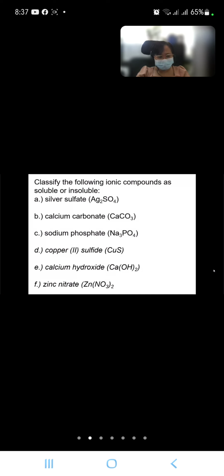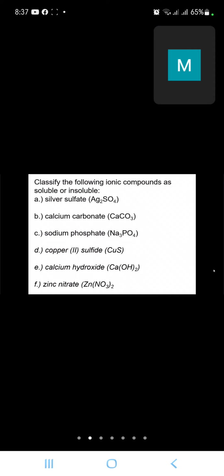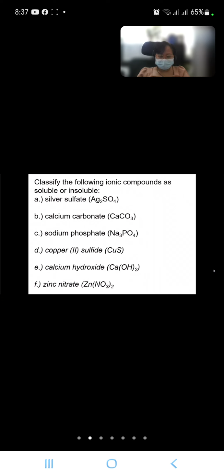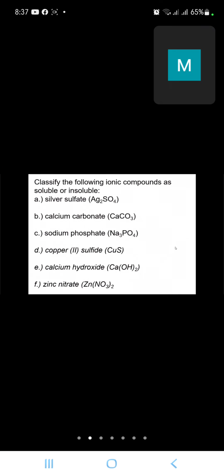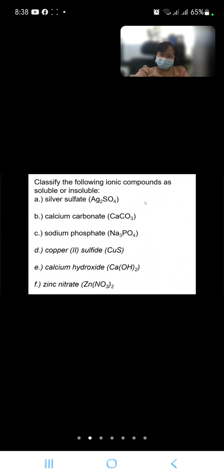Okay, insoluble? Yes po. I have here four names, so we will react. Silver sulfate is soluble or insoluble? What is your answer? Insoluble. Okay, correct. Insoluble. Sulfates, if paired with a different metal,